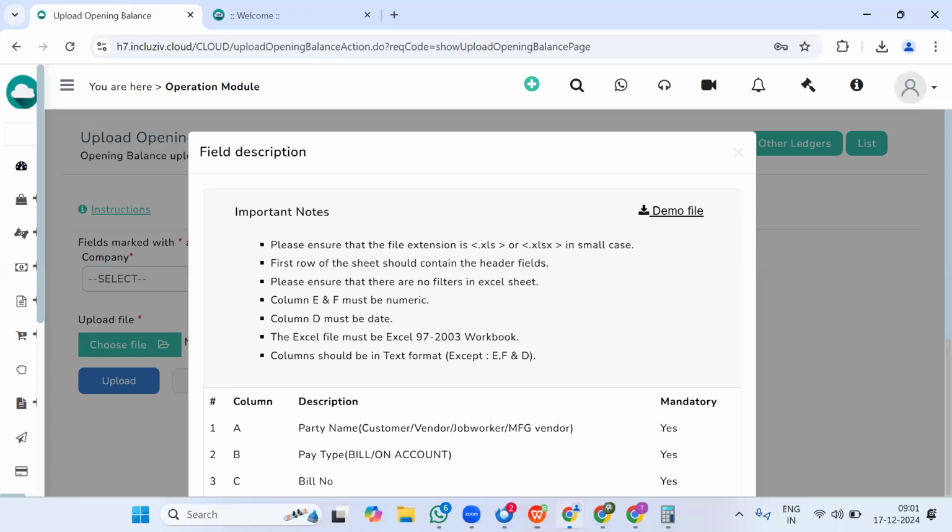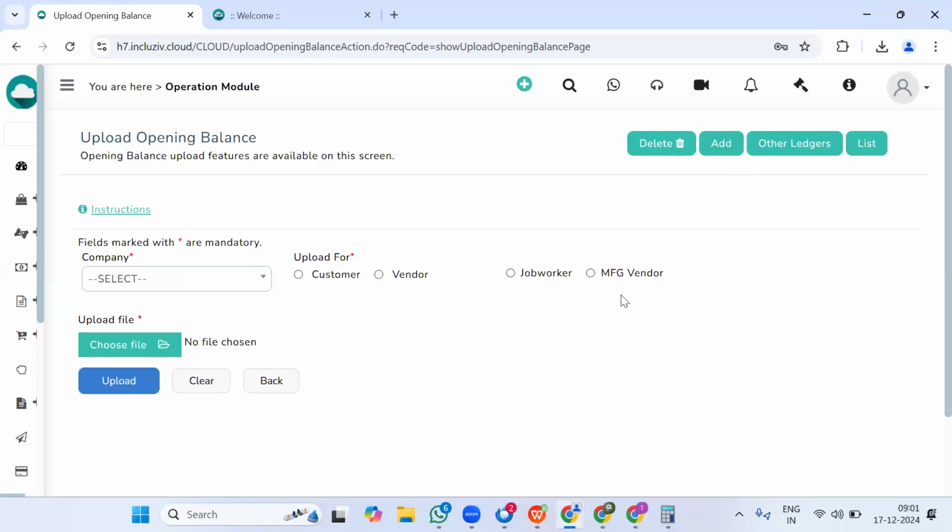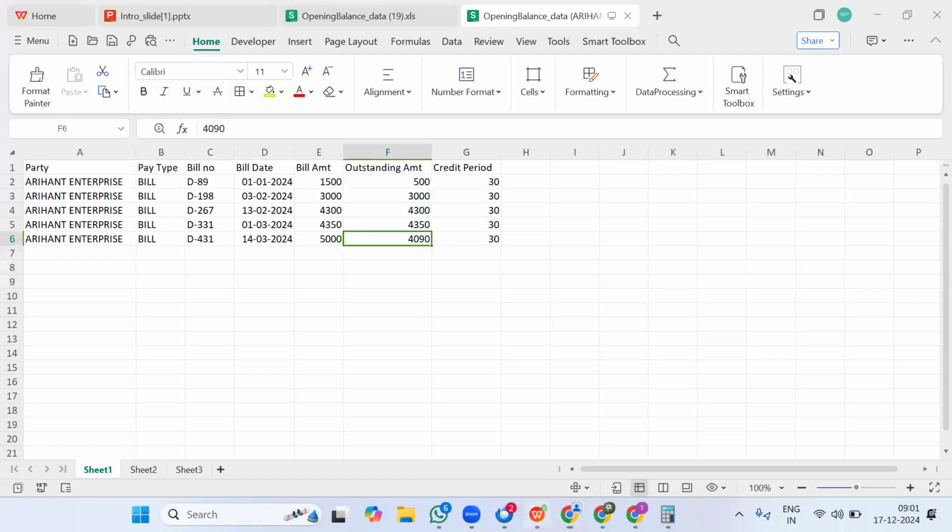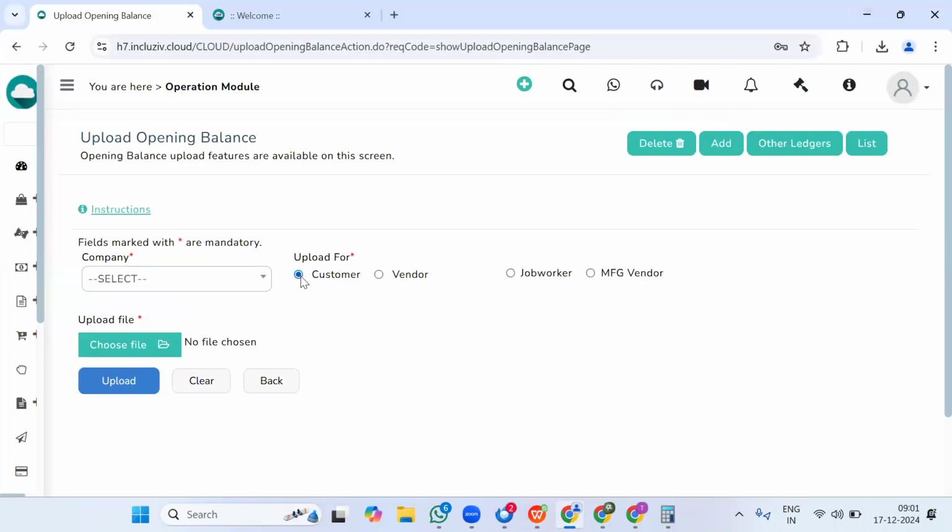So all that you need to do is fill up this sheet. This sheet, mind you, can have multiple customers. So if you have 20 customers, you can put them one below the other and upload them all together. However, you need to keep the customer and the vendor files separate. You can select